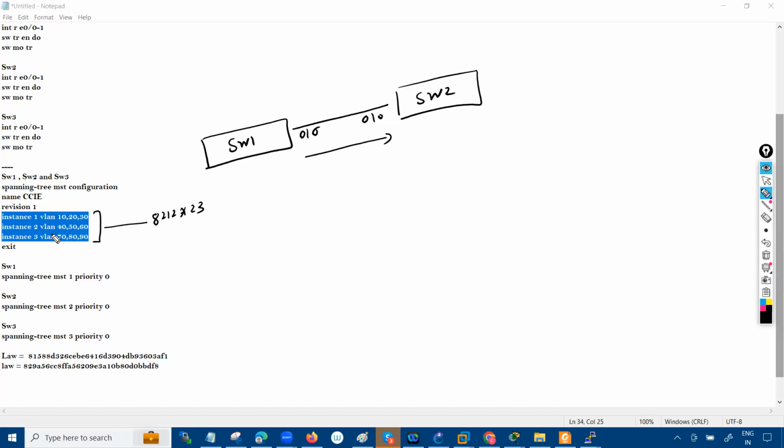But take an example: if you have 100 plus instances, then 200 plus instances, how much information can I put in the packet? It will increase the load on the packet size. Normally, if you go to Wireshark and see the packet size,